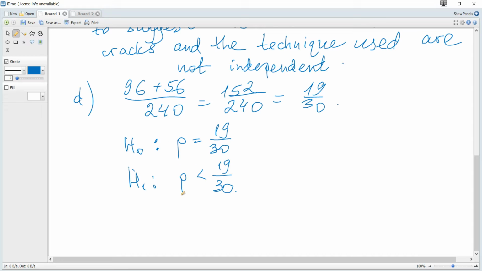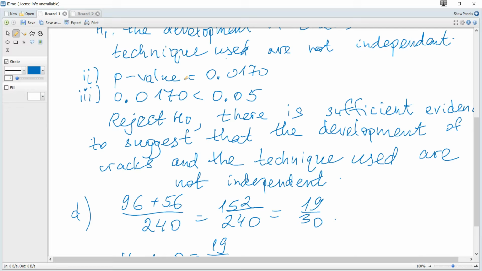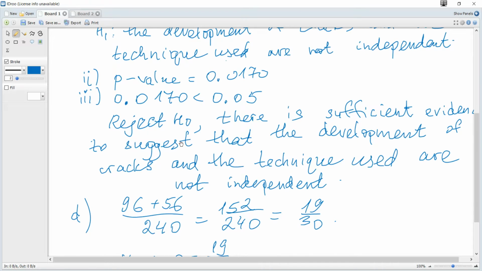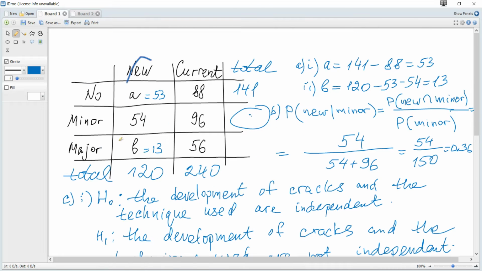In a randomly selected sample of 120 components made with the new technique,